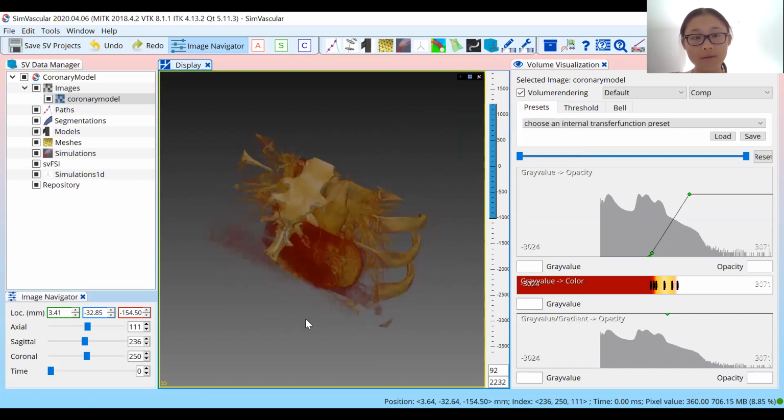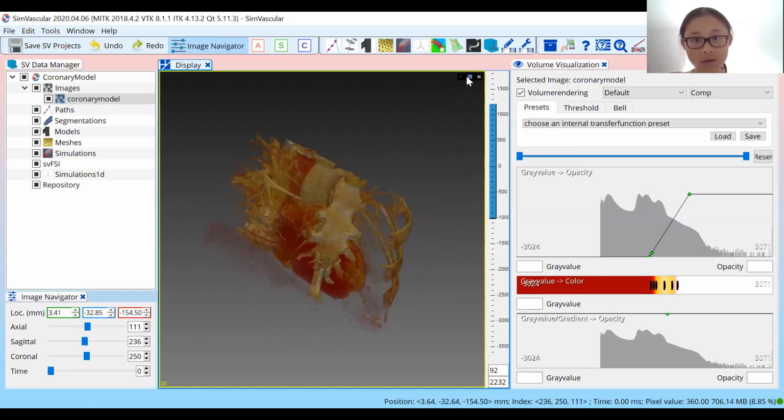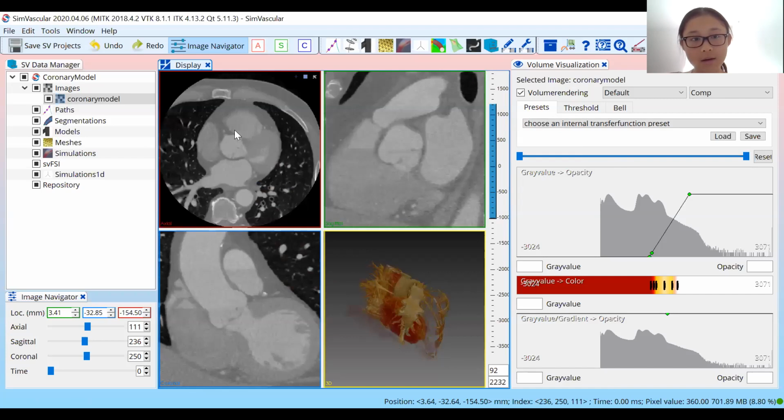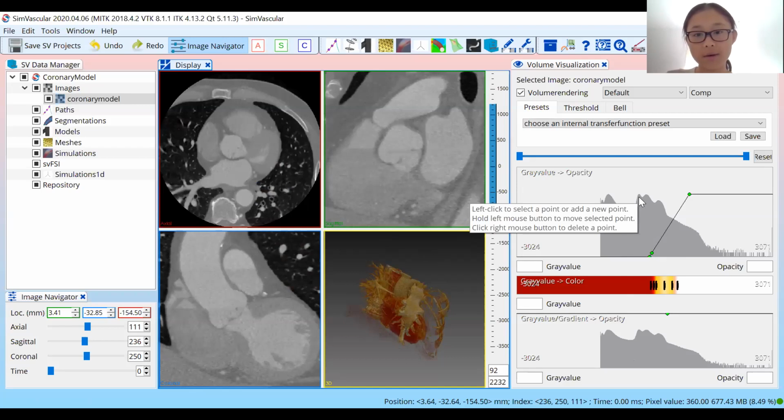I'm just going to go back for a second and leave this volume rendering up. I'm going to minimize the display so that we can see the other ones as well. How volume rendering works is there's two histograms here, and the really high point just indicates that there's a lot of color showing up there. So what we want to try and do is to set